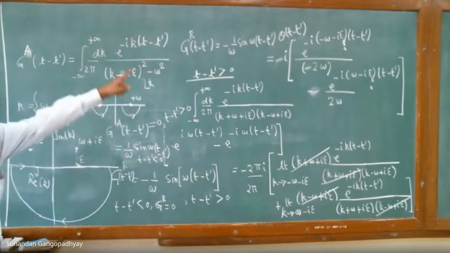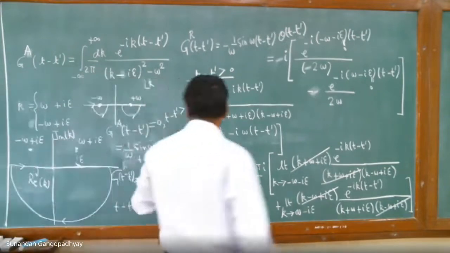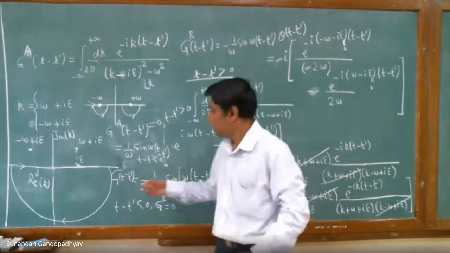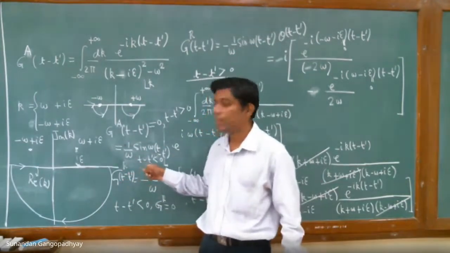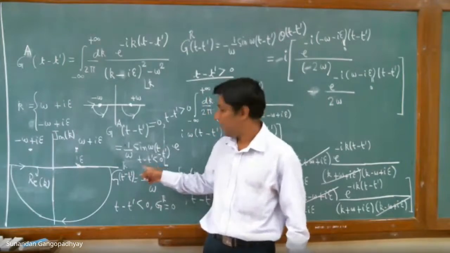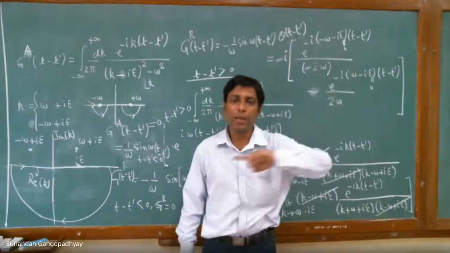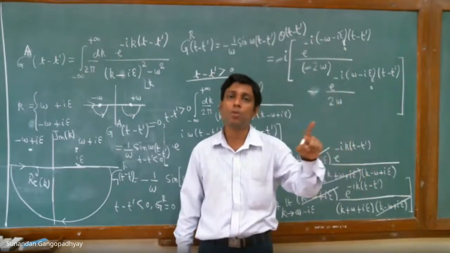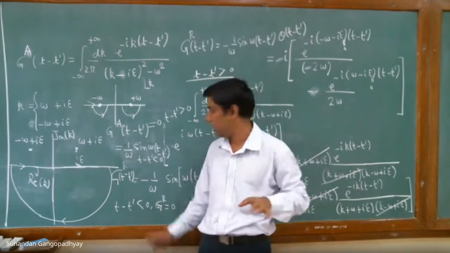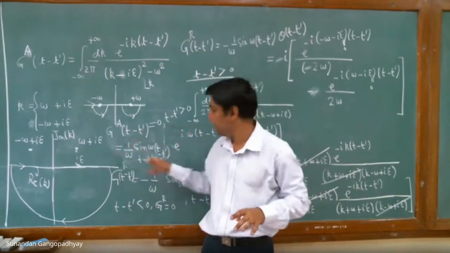So in the retarded case, you have a minus sign. Here you will not get a minus sign. This is due to the fact that the advanced Green's function contributes when t minus t prime is less than 0. And for this, you have to close in the upper half plane. And in the upper half plane, the orientation of the contour is anti-clockwise, and therefore you will get plus 2 pi i in the Cauchy residue formula. And therefore you don't get a minus sign here, you get a plus sign here. So please check this result.